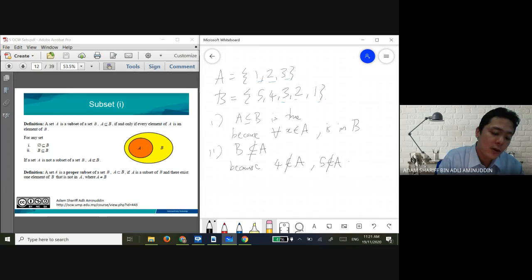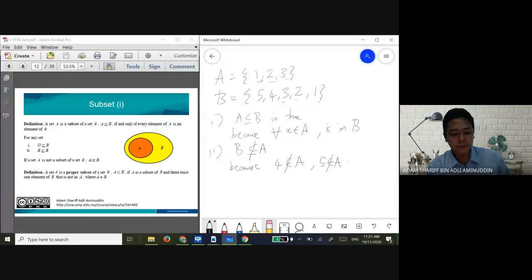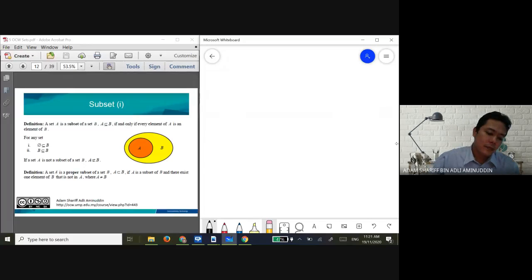From the definition of subset, two properties emerge. The first is that the empty set is a subset of any set, and the second is that a set is a subset of itself. Subset, the concept is: A is a subset of B if and only if every element of A